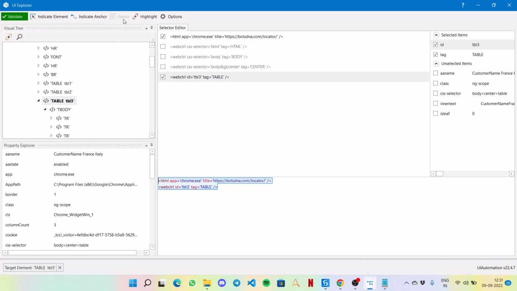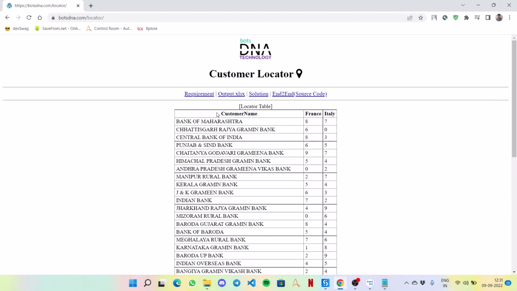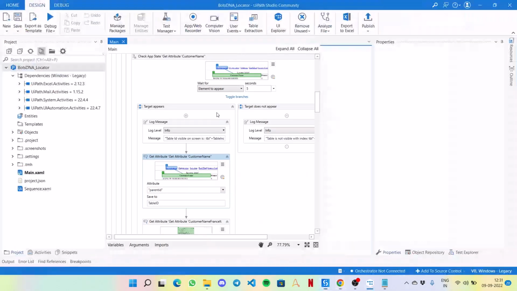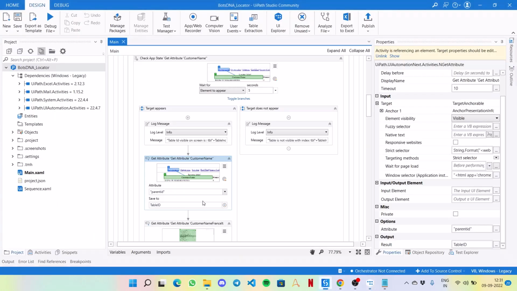So for that what I can do, I will just show it to you on screen, indicate element and select the customer name. Now over here in the attributes we can see there is a parent ID which contains the exact table ID. Okay, and this is what we are going to use throughout all the activities. So using this get attribute, I will get the exact table ID TBL1, 2 or 3,